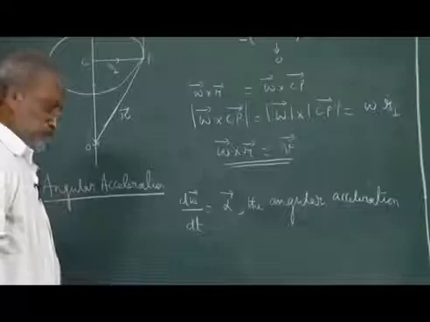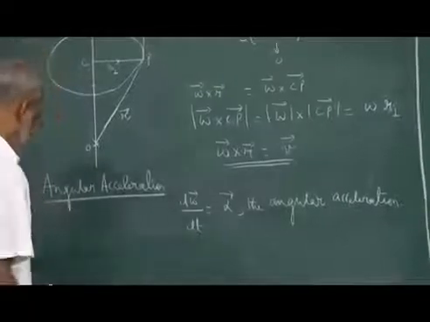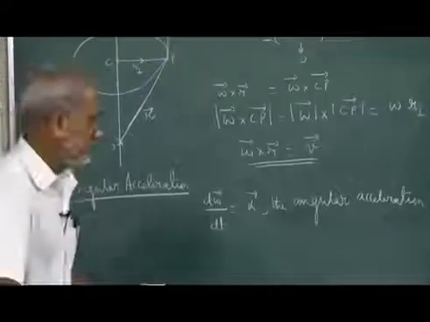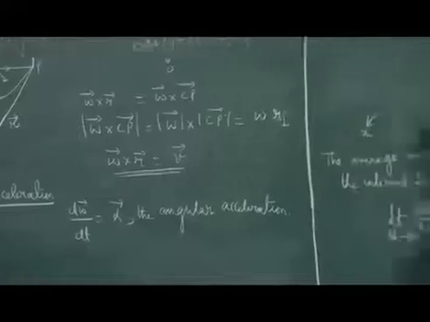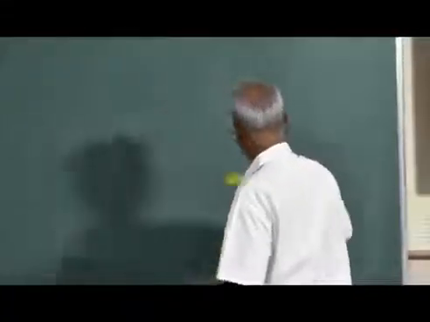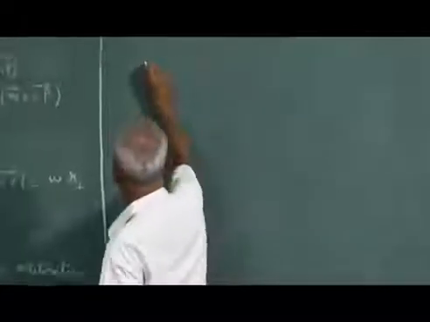Okay. Now, we have a few important relations which we are going to get, starting from v is equal to r omega. We will not do a very rigorous derivation of these relations, but I will give you an argument. And so we have v is equal to r omega,